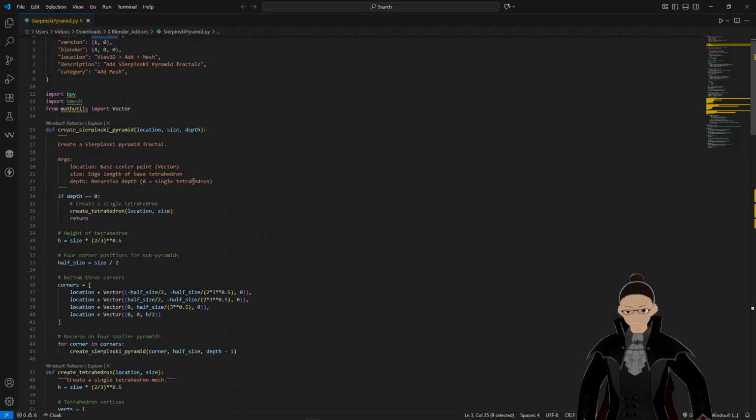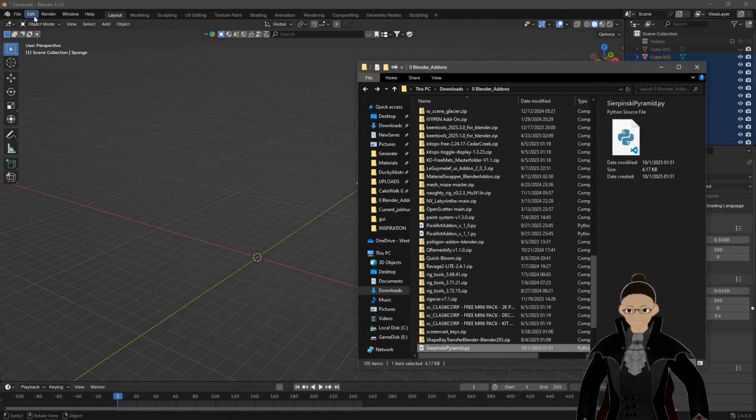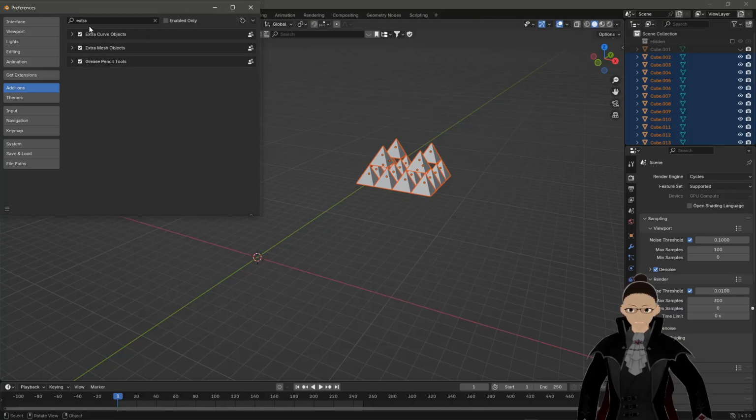The only difference is you have to put this at the top and then load it into Blender as an add-on. Just go to Edit. You can save your own. It's not hard to have an AI actually create this stuff for you. And then install from disk, and then it'll come up. And so add-ons, I actually have